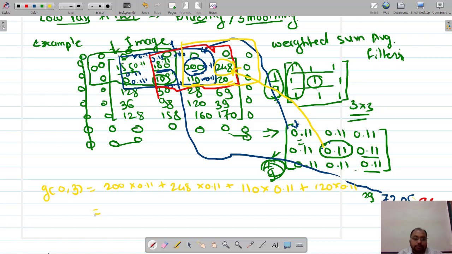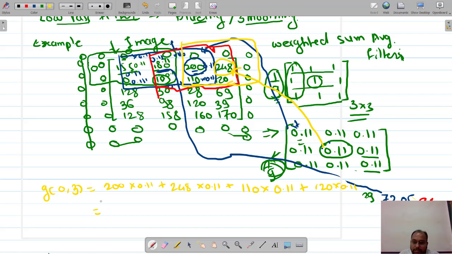Okay, so let us compute this again. 200 into 0.11 plus 248 into 0.11 plus 110 into 0.11 plus 120 into 0.11.